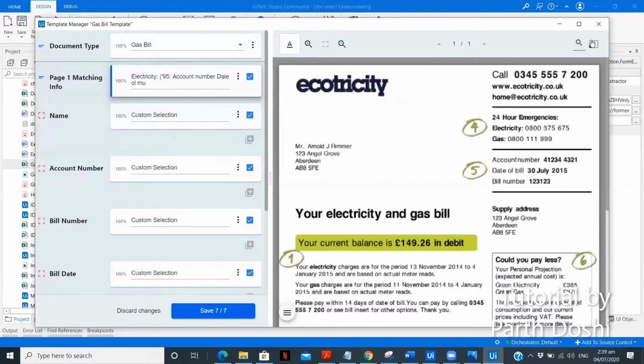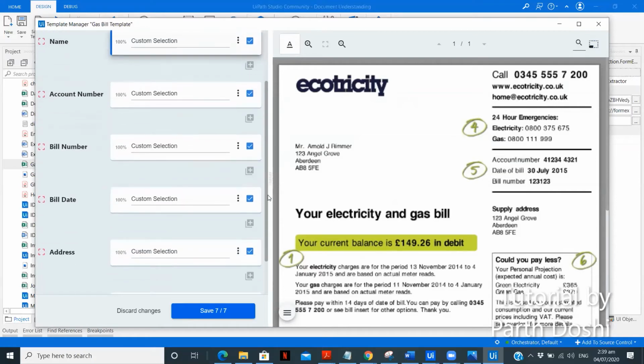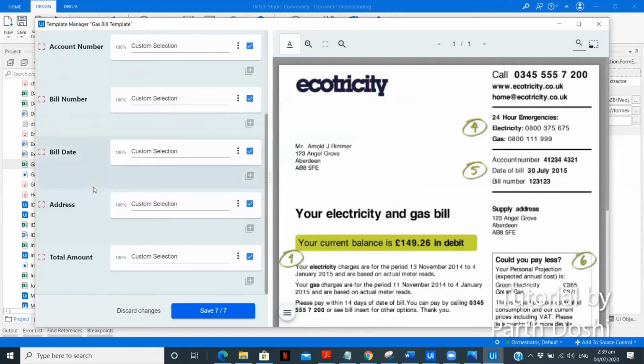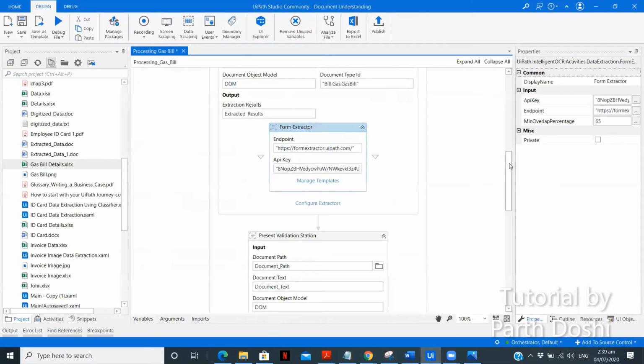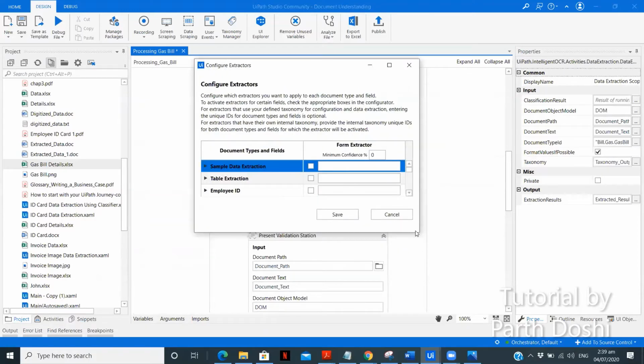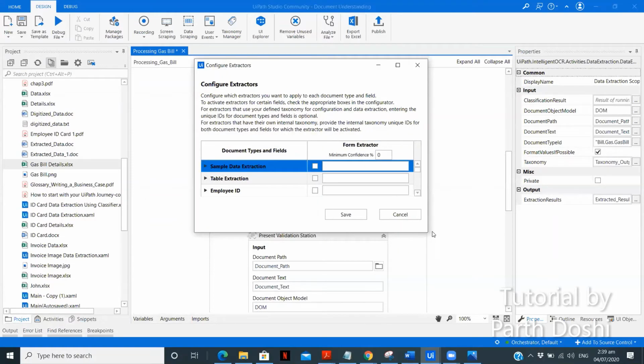Now for name, I've used custom selection. Drag it over here, custom area, and change extractor. You need to do this for all these particular fields: account number, bill date, address, total amount, and save the fields. Close. After that, you need to click on configure extractor, and since we have form extractor,